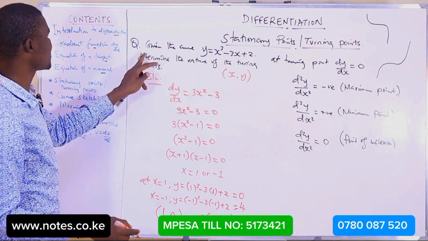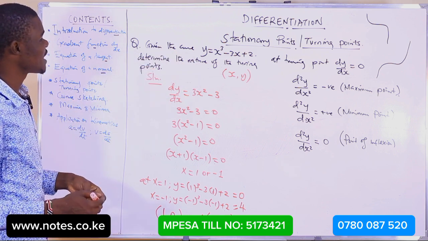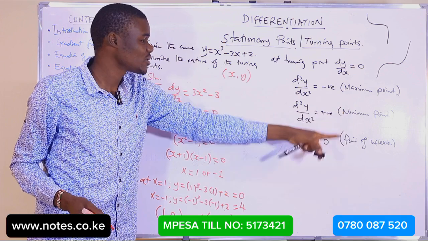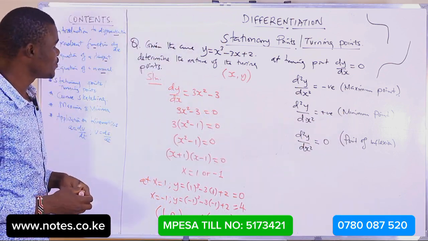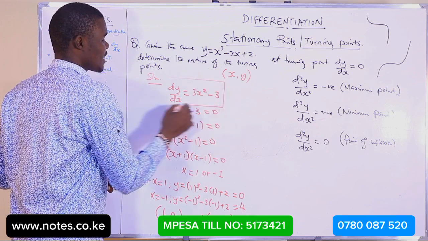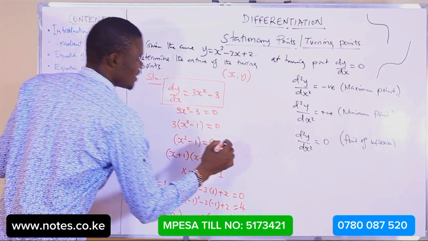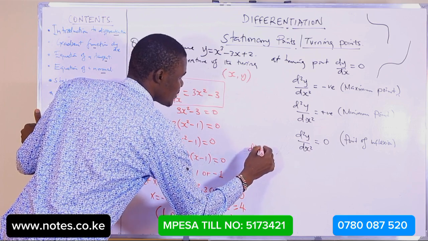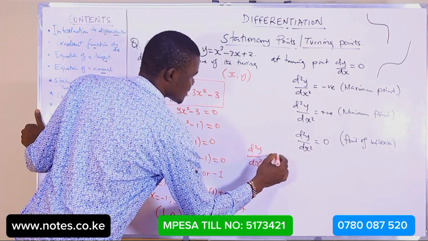But to determine the nature, you are basically needed to declare whether it is a maximum point, minimum point, or a point of inflection. And to do that, I told you, you get the second derivative. This was our first derivative, this one. So we again differentiate it to get the second derivative. So our second derivative will be d squared y over dx squared equals